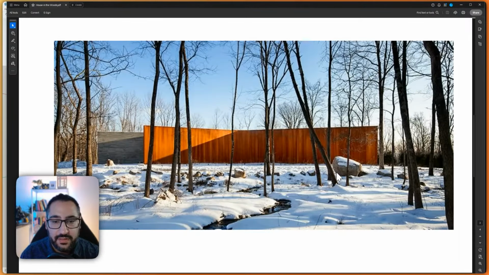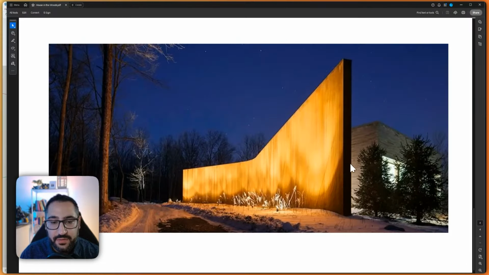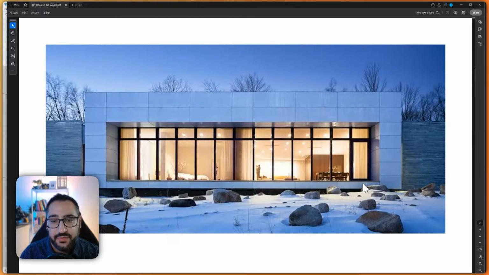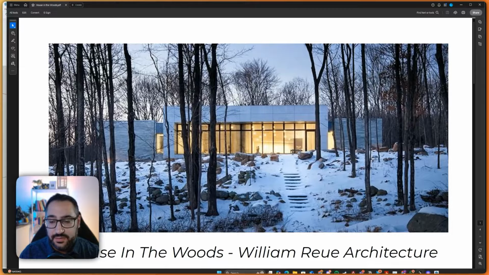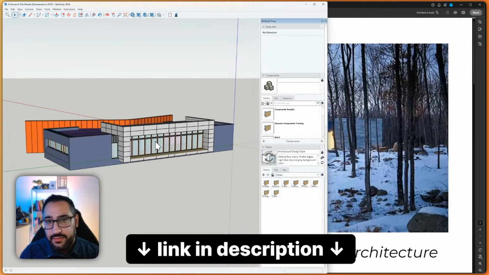See what it looks like up front. And this is the rear. So some really nice materials, but also a really nice way for us to try out all the terrain materials. So as always, I've got a SketchUp model for you in the description, so feel free to download that, and